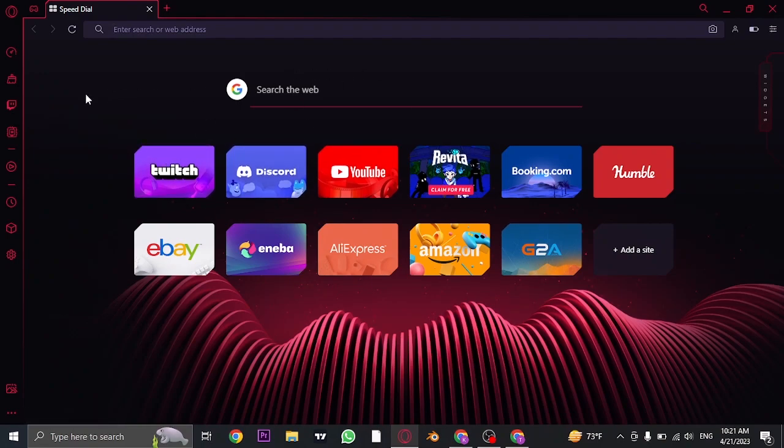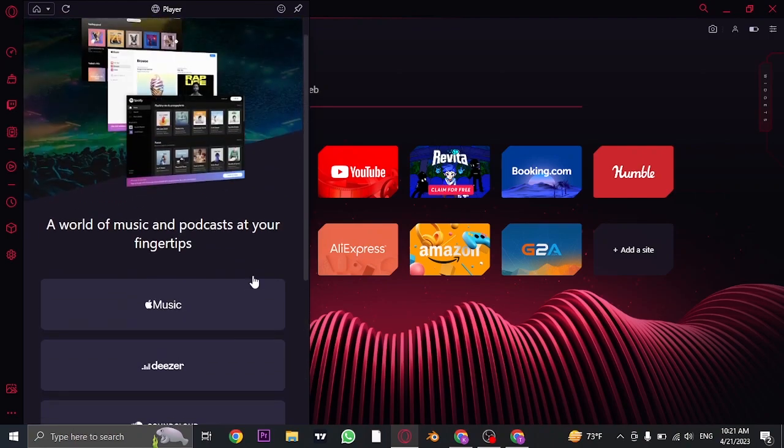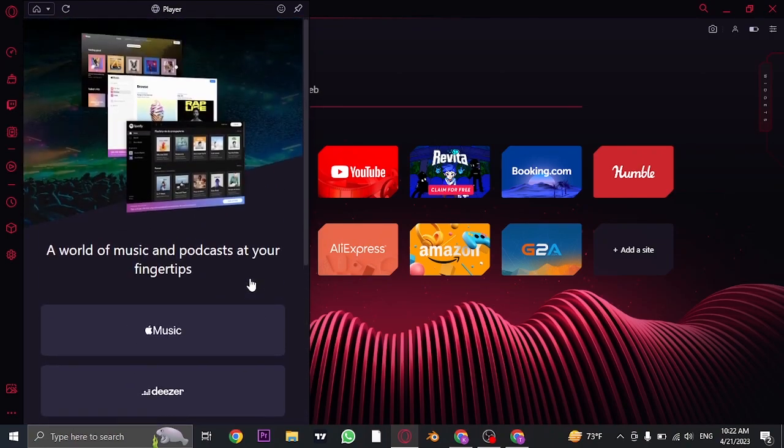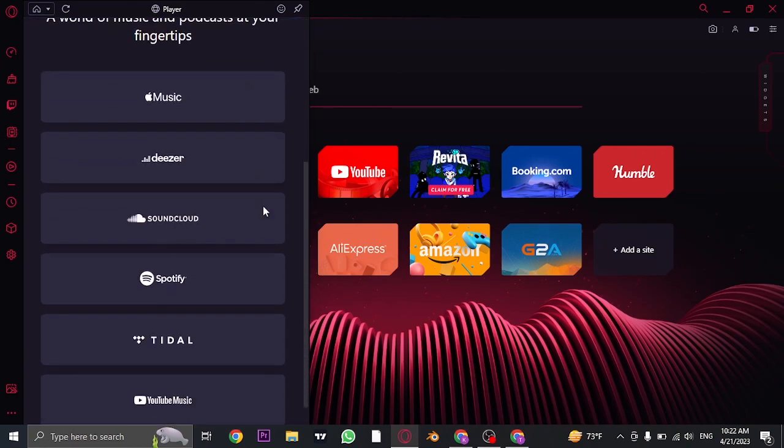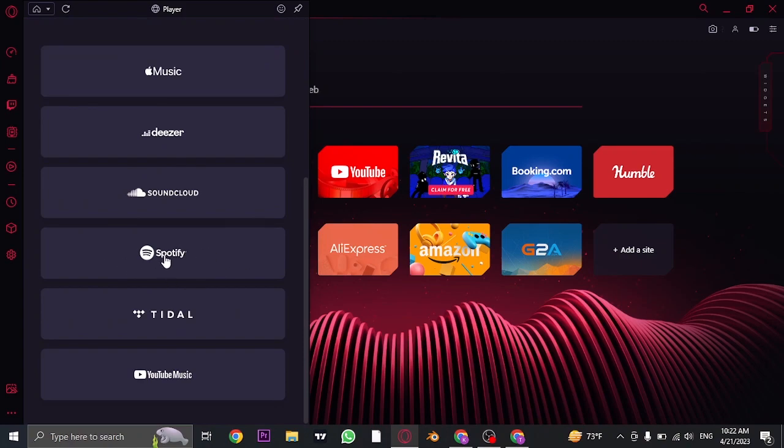Now, first of all, open up your Opera browser, and then on the left hand side, the sidebar will open up. You just need to click on this player option, and you can see all of these applications that you can add to this sidebar. From here, you just need to pick the Spotify option,